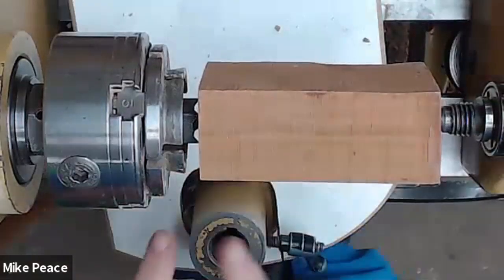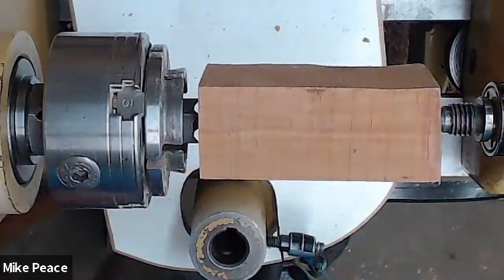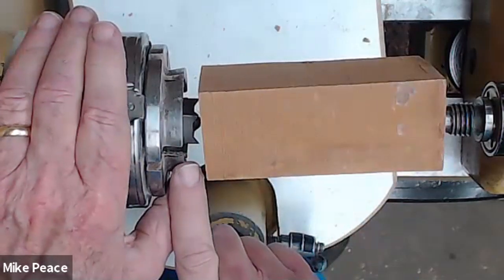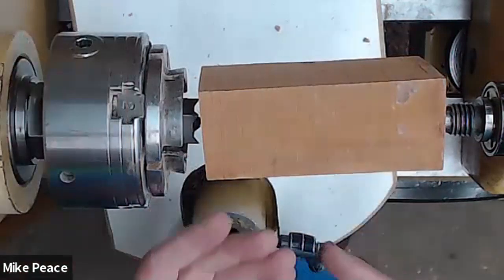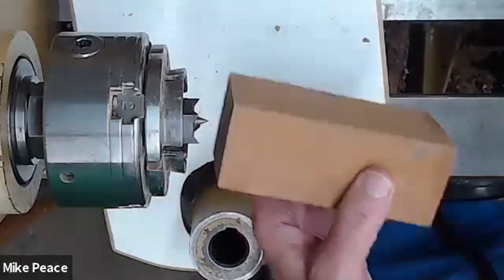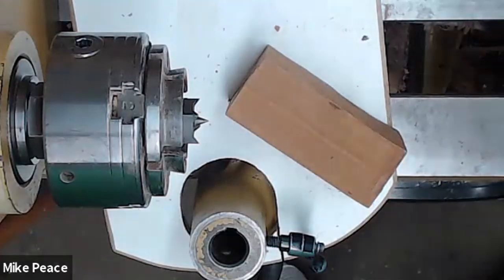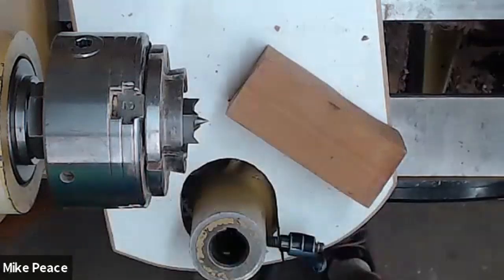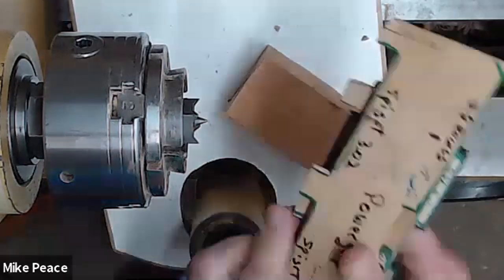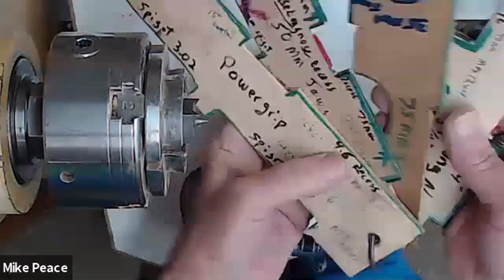You put that in there, and you put this in here. What this allows you to do is when you're roughing this thing and turning it down and you're adding a tenon so you can put this in a chuck, you can see exactly how far down you've got to size it. I don't see that as a huge advantage for me, because I would rather use a go no-go gauge similar to that, that you could make yourself, something like this. If you've got lots of different chucks, which I do use different chucks, so this is only helpful on the normal jaws. I've got others for the different size